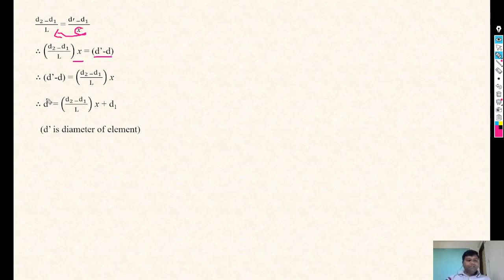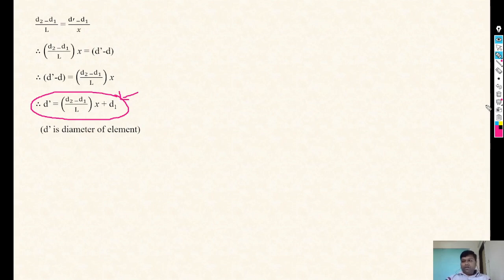Okay, but here we require d dash. So take this d1 to the right side. So we can write d dash is equal to d2 minus d1 divided by L into x plus d1. So this is the diameter of that small element in the form of initial and final diameter, that is d1